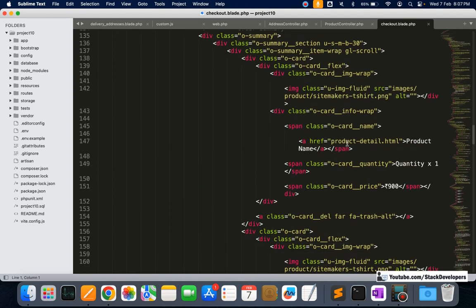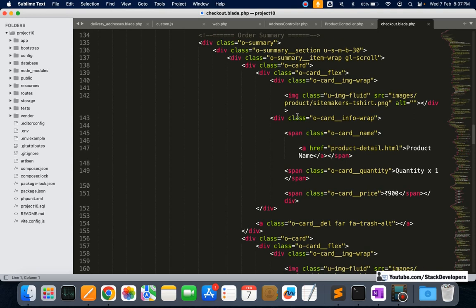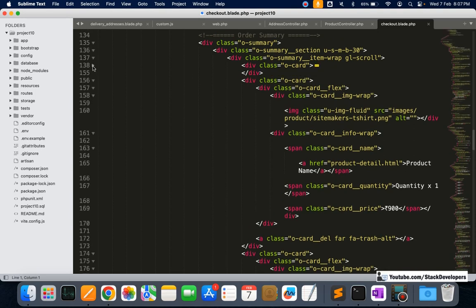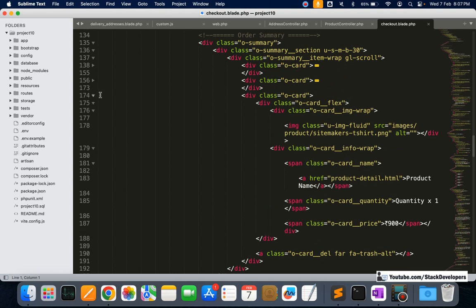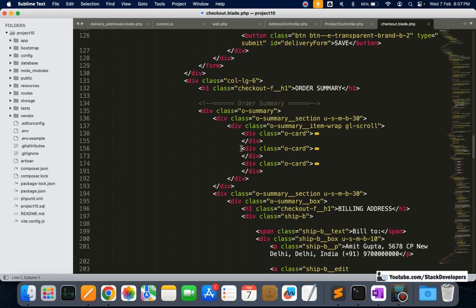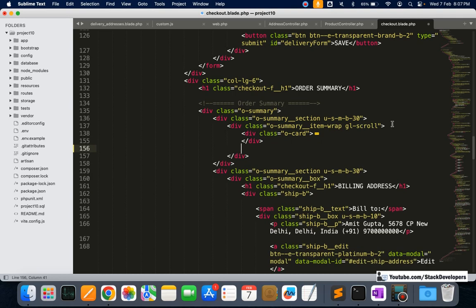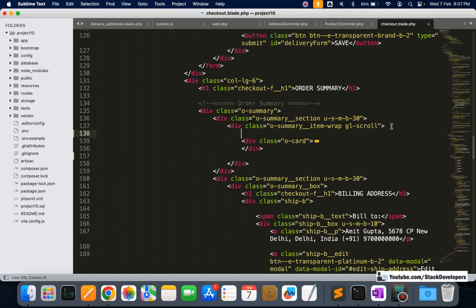Okay, so inside the order summary we are going to add the foreach loop. So this one I'm going to close. Yeah, so here we are going to add the loop. Two of the products I'm going to remove, and here I'm going to add that foreach loop. For each, I'm going to add it like this, as dollar item,